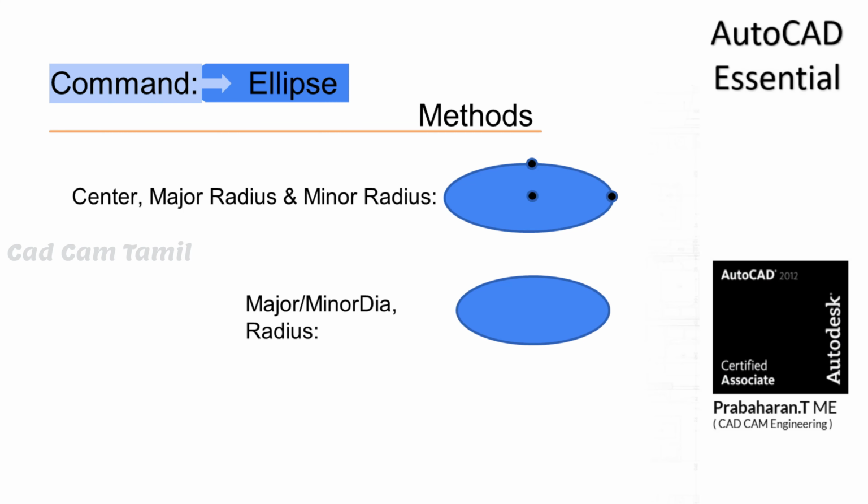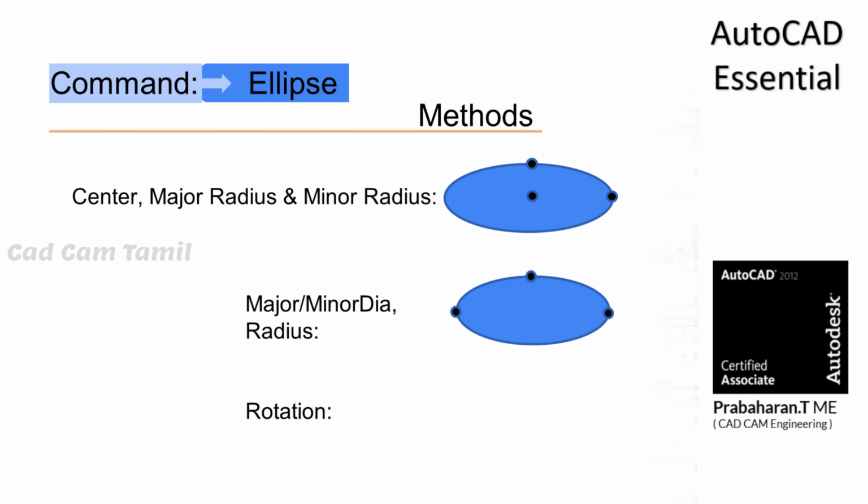Imagine you have an ellipse. Here we can take the major length as the major axis. So the major axis diameter is given. If we give the other axis diameter or radius, the ellipse will be constructed using these 3 data. So the major axis and the minor axis of the ellipse will be defined by these data.